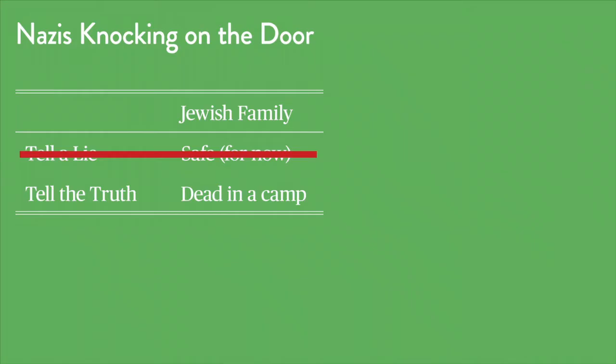But of course, I just told you I accept constraints, and both my options are then eliminated, right? Because if I lie, I'm violating the constraint against lying. And if I tell the truth, it looks like I'm violating the constraint against harm because they're going to die. And so that's a genuine moral dilemma because my constraints eliminate everything. No matter what I choose in that situation, I have violated a constraint.